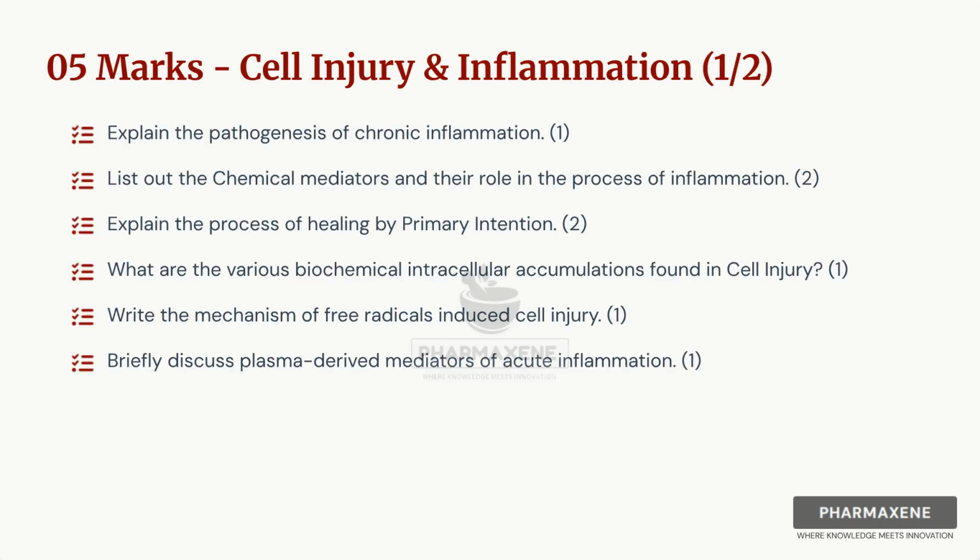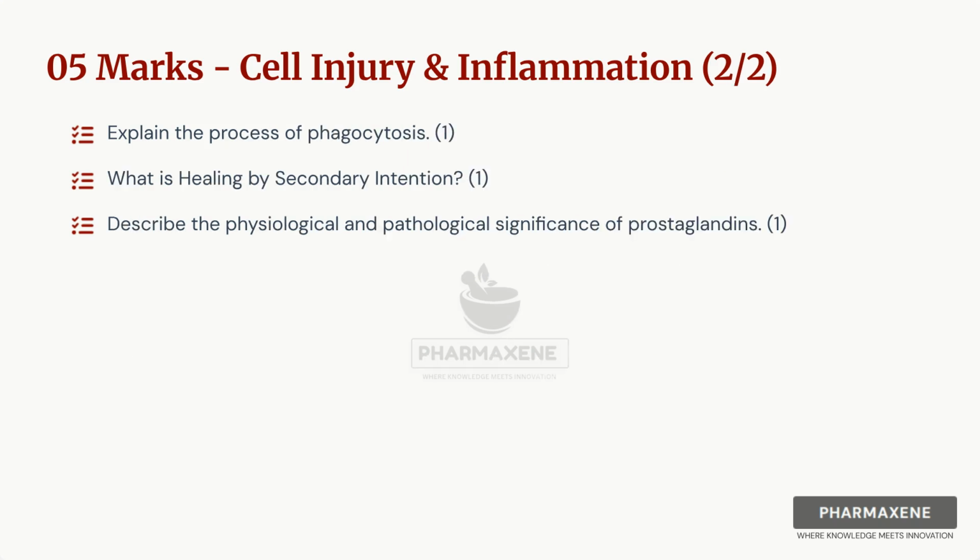For cell injury and inflammation, 5-mark questions include chronic inflammation pathogenesis, chemical mediators, healing by primary intention, intracellular accumulations, free radical injury, and plasma-derived mediators. Continuing with cell injury and inflammation, 5-mark questions also cover phagocytosis, healing by secondary intention, and the physiological and pathological